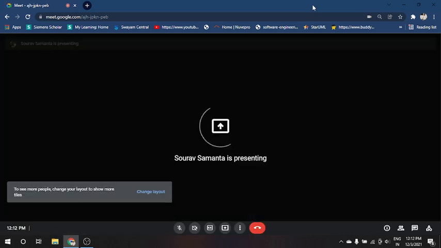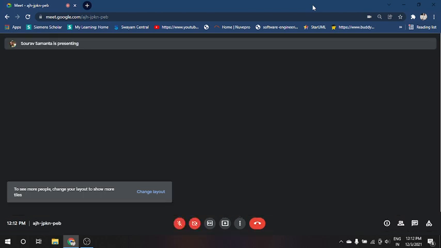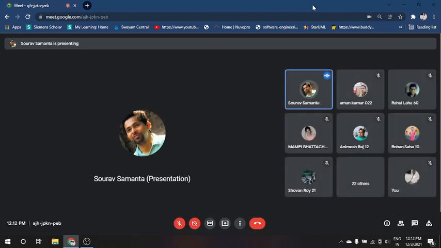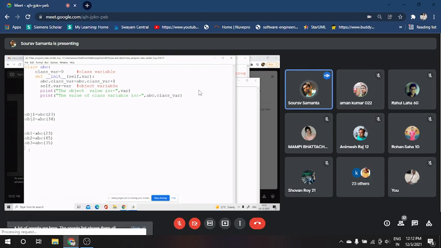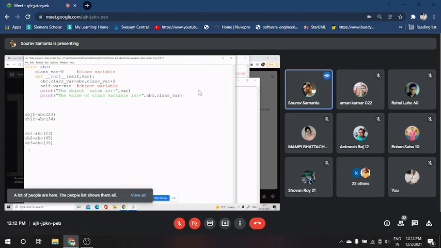Whenever we modify it, the value will be changed. How can we understand this? That's why we have taken this particular program. In the program, the class_var is basically working as a counter. And what is the purpose of the counter? Whenever a new object is created, the counter value will be incremented by 1. So it is not that the value of the object will be modified.